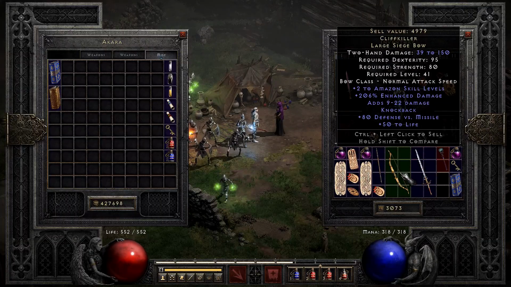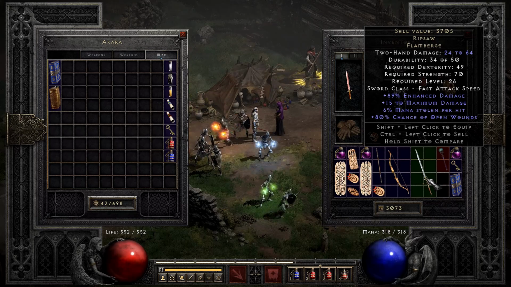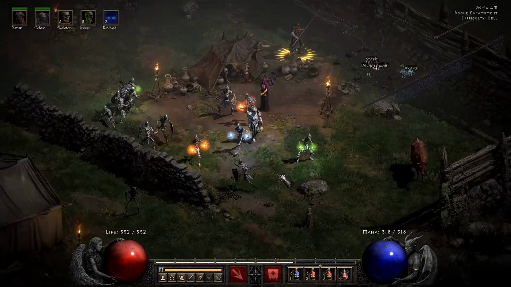That's pretty cool. Knockback. I might save that, in all honesty. 6%, 80% chance to open wounds. You know what? I'm going to go ahead and...